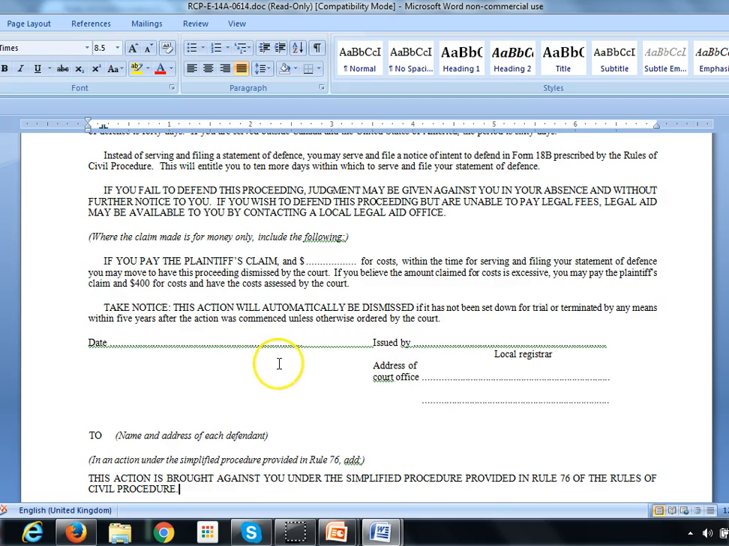Underneath, there goes the date of the issuance of the claim, and then it is signed by the registrar and the address of that specific court. If it's in Toronto, then you'll have the Toronto court address here. If it's another court in Ontario, then another court's address will be here. Over here goes the information of the defendant,